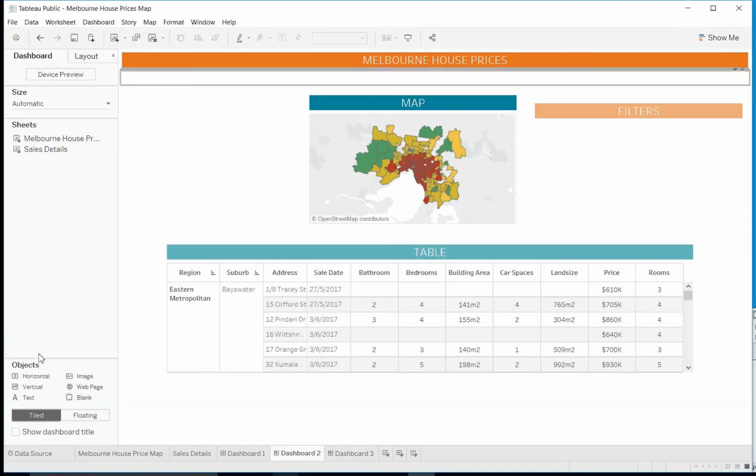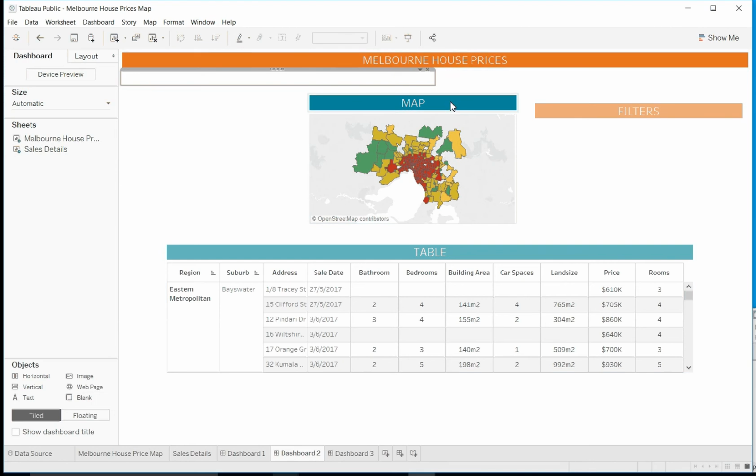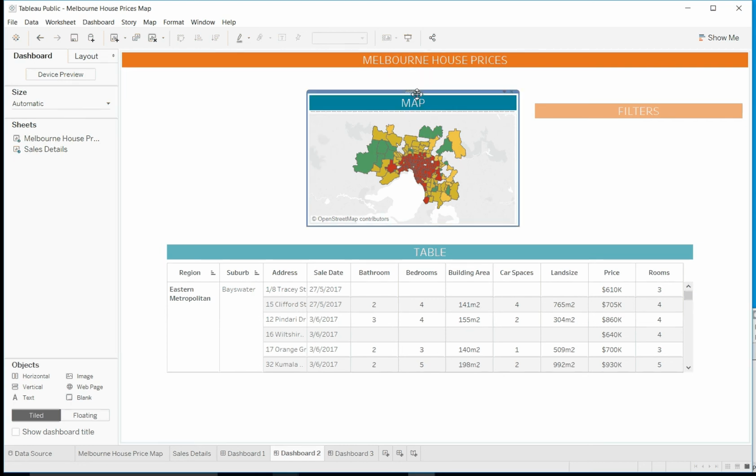Put some blanks as placeholders. It makes it a lot easier. So now I know that everything goes in here. So I've got a horizontal here. So we need filters to go on one side and these two to go on the other. So I'll just grab this,